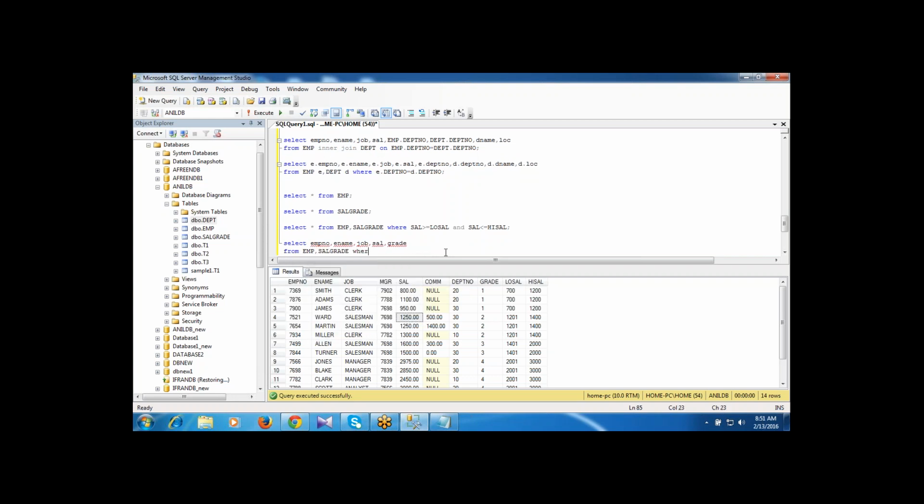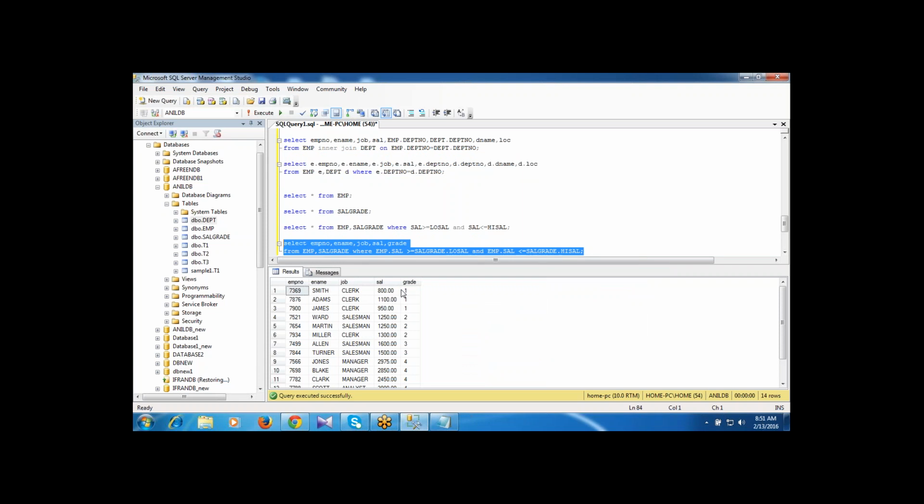From EMP comma sal grade, where EMP dot salary is greater than or equal to sal grade dot low sal, and EMP dot salary is less than or equal to sal grade dot high sal.